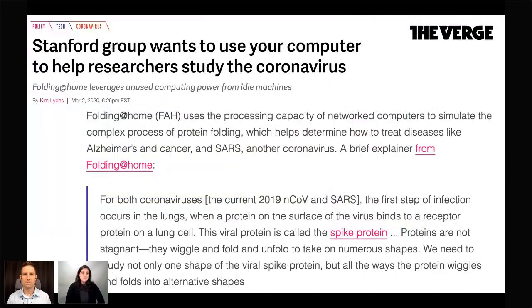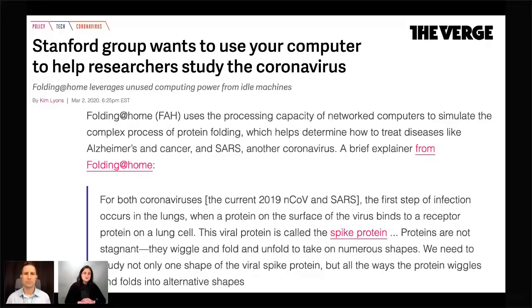Here's something else very interesting. I don't know how many of you about 10, 15 years ago were around to participate in a SETI project in which you would give up your computer when you weren't using it, and the processing cycles would network all the different computers to search for signals for life in the universe. So you could basically analyze the data that was coming in from their radio telescopes. There's a group at Stanford that is trying to do something very similar. They're crowdsourcing the computational power to look at how the proteins on the surface of the coronavirus might fold.